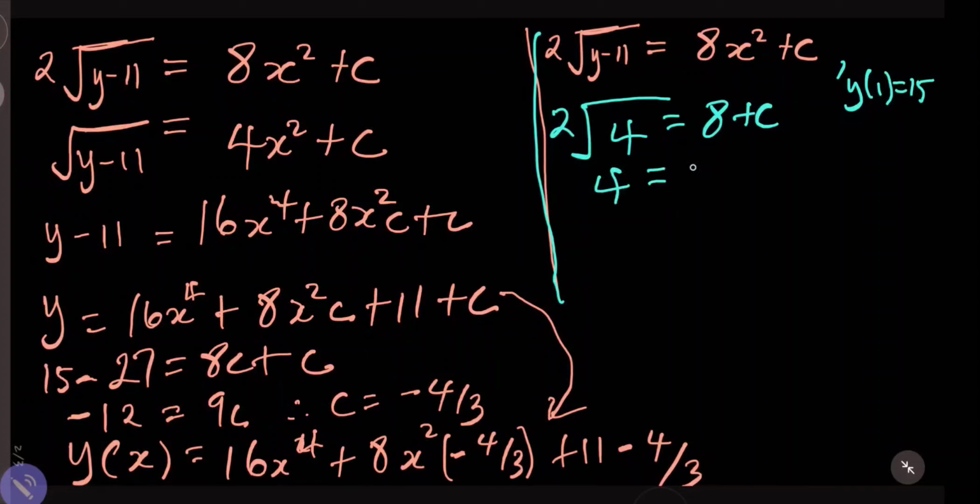I have that 4 equals 8 plus c, and in this case our c would be minus 4. So if our c is minus 4, at this same point, we are going to replace our c with minus 4. So to rewrite this, we have